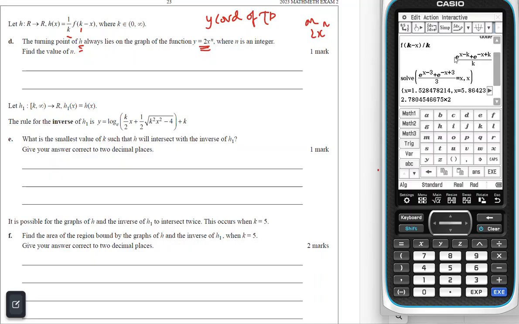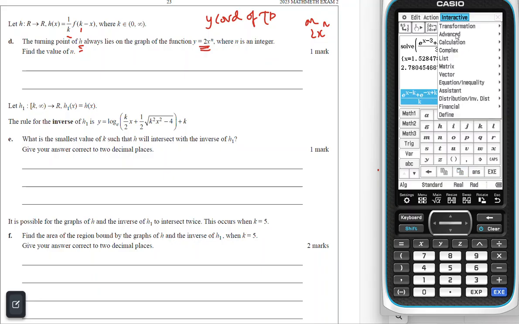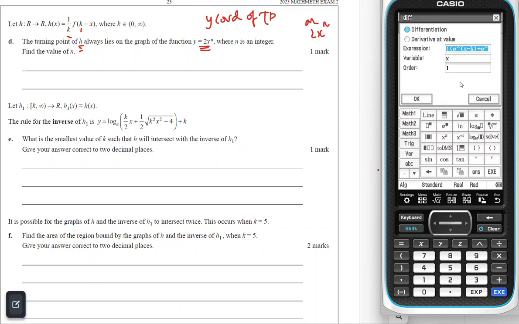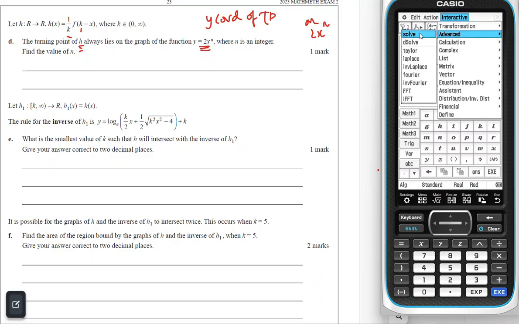And that gives me this expression. So I'll copy that and I'll paste it. Now, if I was to take the derivative of that and set that equal to 0 and solve,